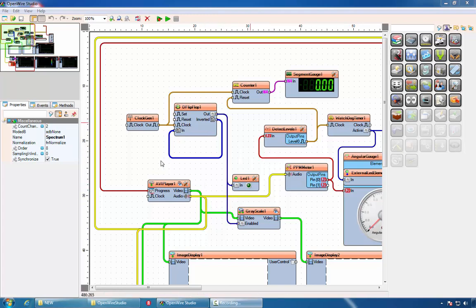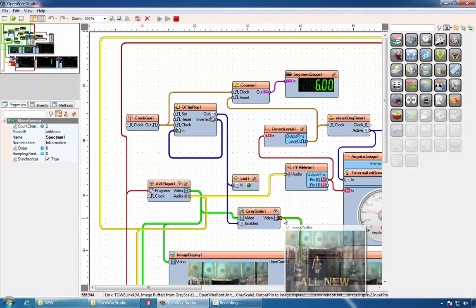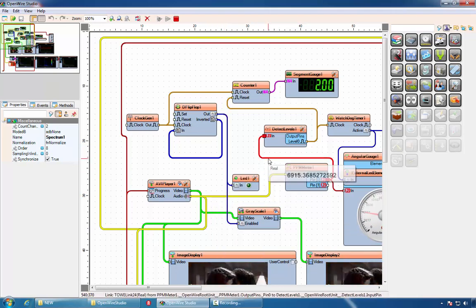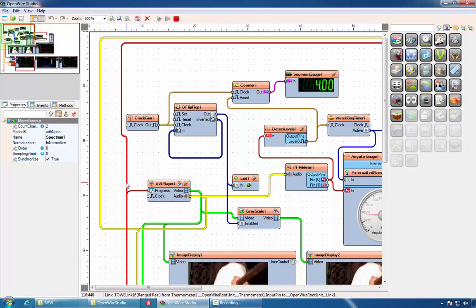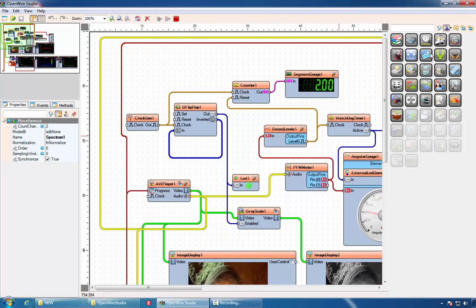OpenWire Studio is a graphical development environment that does not require any coding. You can create, develop and run complex video, audio, digital signal processing, computer vision, artificial intelligence, Boolean logic and many other types of applications with it. It includes advanced debugging, and live editing functionalities.